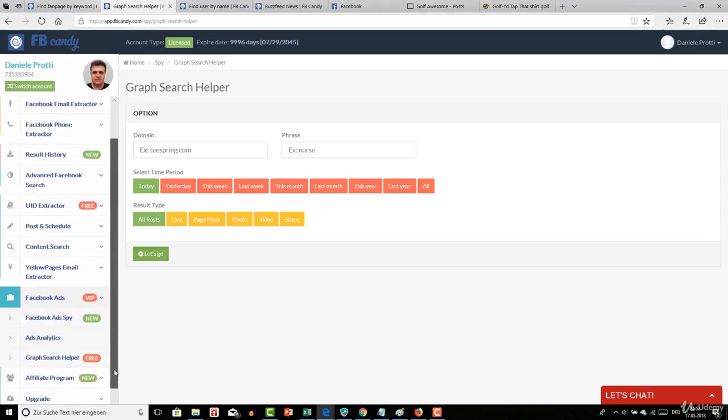The last option here in the Facebook ads area is the graph search helper. Here you see you can select a domain, a phrase. You can select here the period, today, yesterday, and so on, a result type, post, live, get post, photo, video, share, and see. Here, for example, you want the spring.com